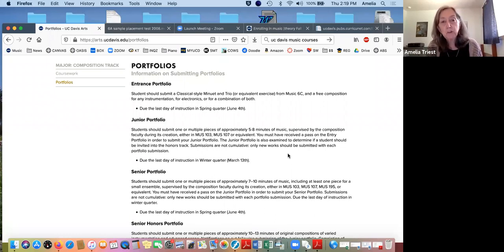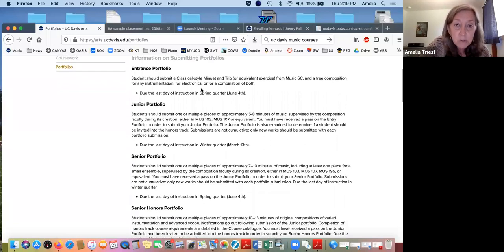But composition has 2 more quarters of theory, Music 101A and 101B, and therefore has far fewer elective units associated with it. So you will probably find that your classmates will be done with theory, although many people take 101A and B anyway. And you will still be in 2 more quarters of theory in fall and winter, very likely of your senior year. So, here is the page on portfolios, and this is the page for this year.